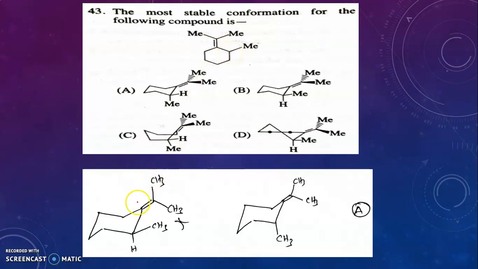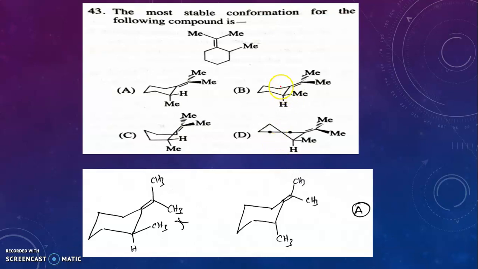Now, here in the chair conformation, this double bond has 2 methyl groups, and this methyl group may be present in equatorial form or in axial form. If it is present in equatorial form, there will be strong repulsion between these 2 methyl groups. So, equatorial form involves some interaction, and this interaction is very strong. But when the group goes to axial form, 1,3 diaxial interaction is there, but compared to the other interaction, this is very, very strong, which makes the system highly unstable. So, the most stable conformation for this compound is the axial conformation.